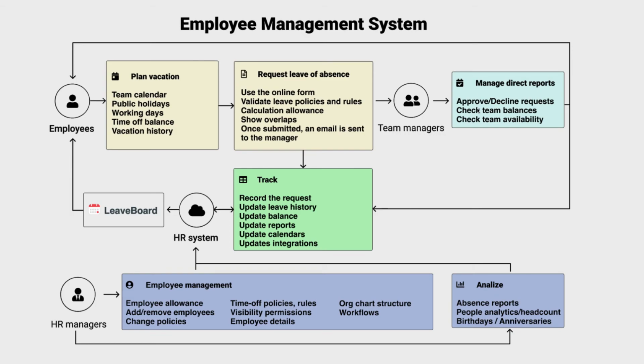The managers practically receive automatically a notification via email, and they can approve and see balances or unavailability. The system practically tracks and updates the records, the balance, the reports, the calendars, the integrations, and all this is done